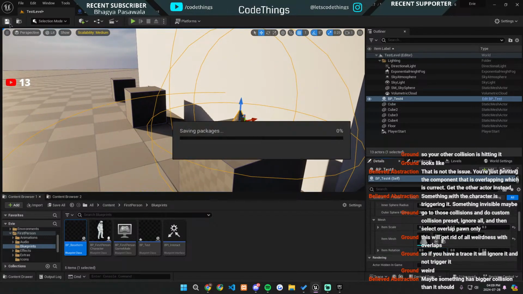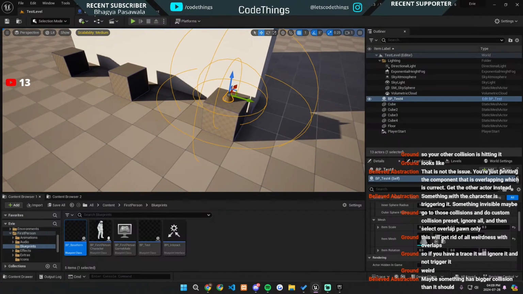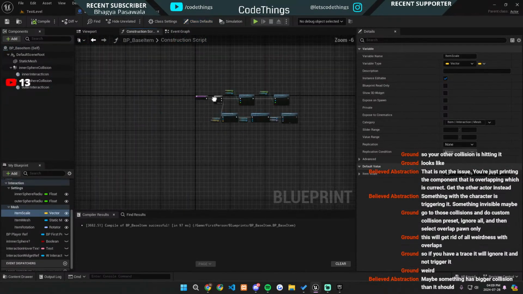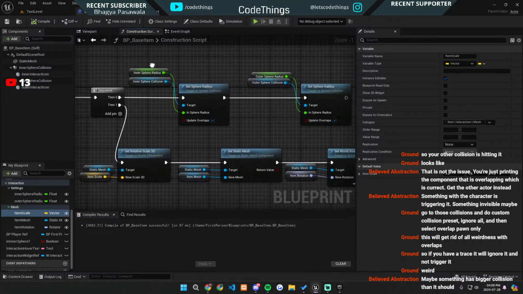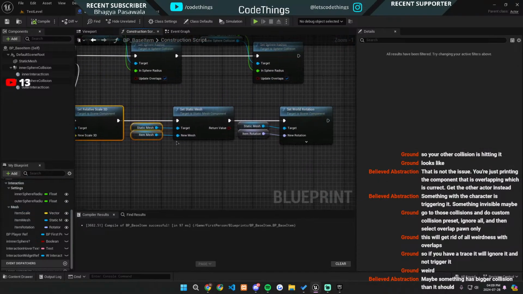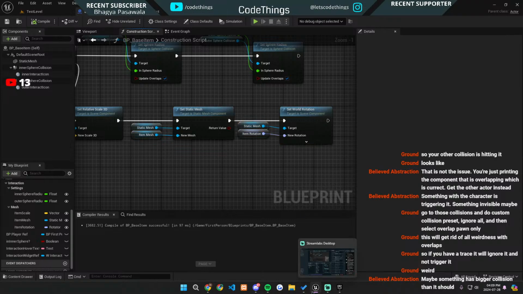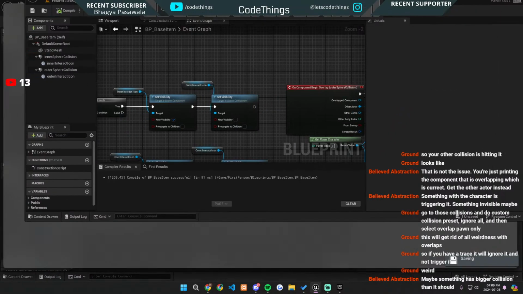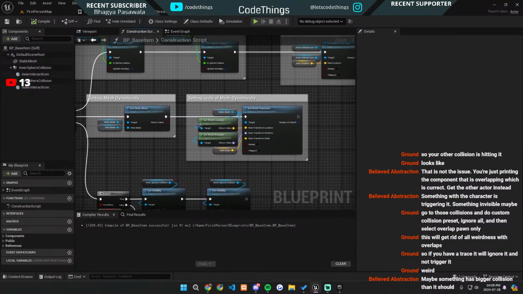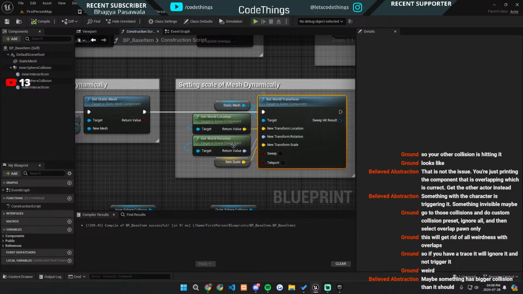Okay, I'm gonna do a pickup sound and everything like that, but before I do a pickup sound, let's see, what else do I need here? I have the radius able to be set dynamically, I have the scale, the static mesh, and the world rotation. What else did I add here? Because I feel like I'm forgetting something. Let's go to the construction script. I have, so I set the world,